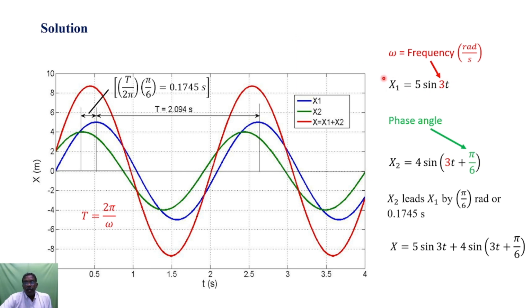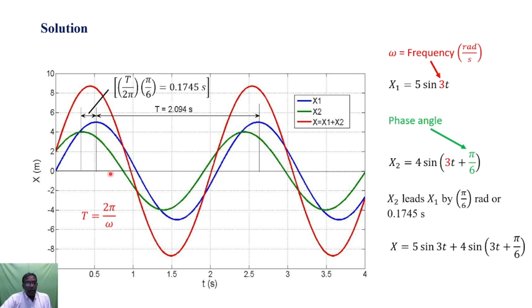The first displacement time function, x1 is equal to 5 sin 3t, can be plotted in this graph. This is called a displacement time graph, where the ordinate is the displacement x in meter, and the abscissa is time in seconds. As shown here, the blue line is the displacement function 1, a sine function. At time t is equal to 0, displacement is 0, and as the time progresses, displacement increases, and again displacement decreases. So the displacement of the system with respect to the equilibrium position, the 0 position,